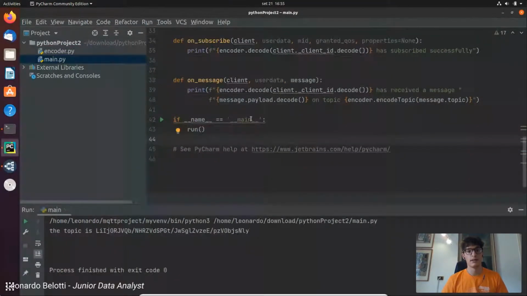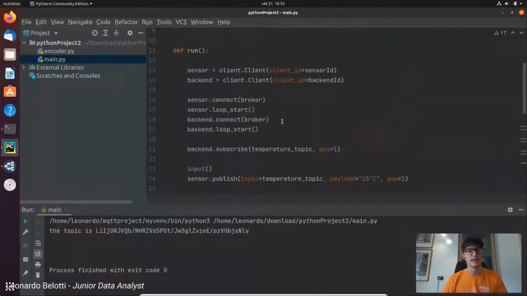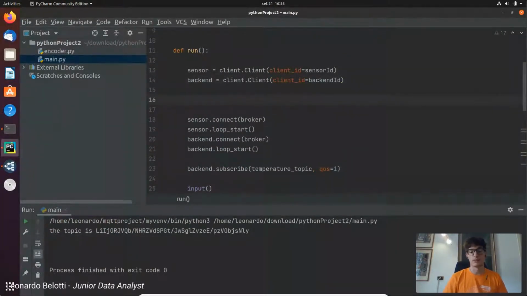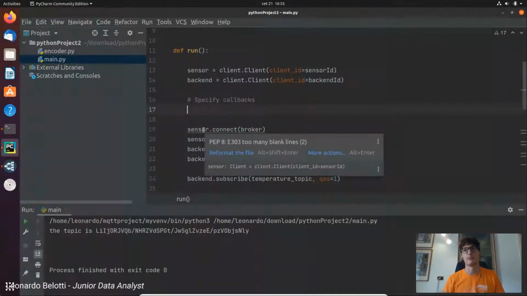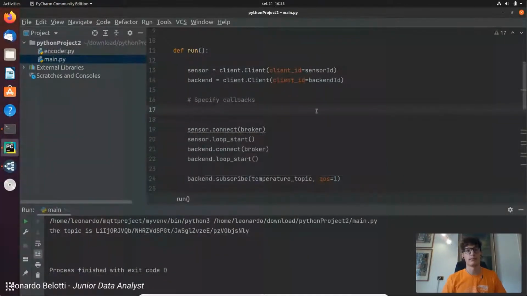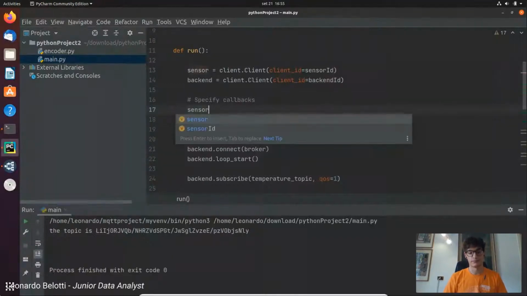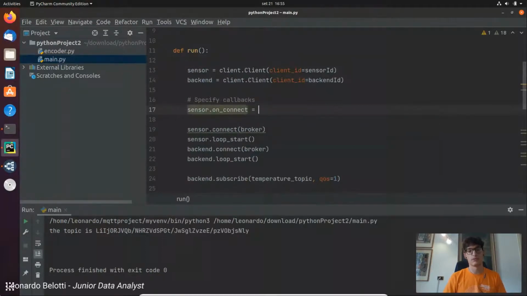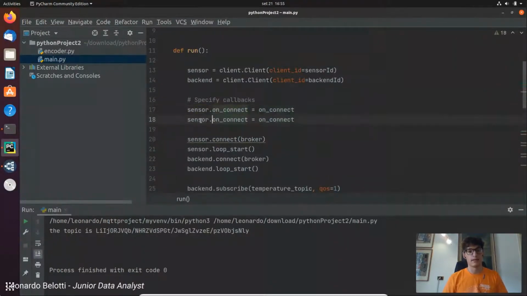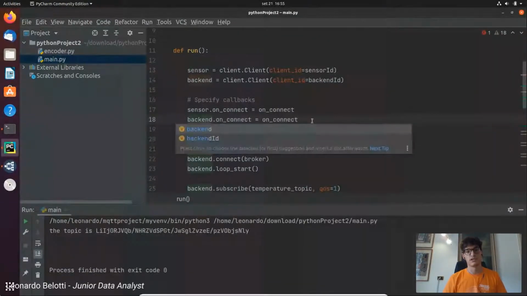Okay, let's do the last step. Before connecting to the broker, we have to specify the callbacks that are called by our clients running in background on their own thread. So sensor on connect is equal to on connect, backend on connect is equal to on connect,